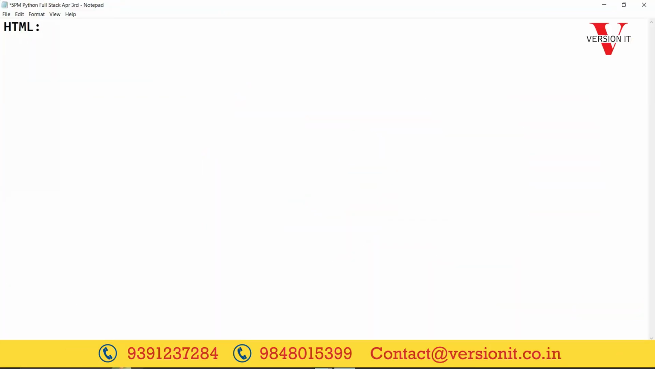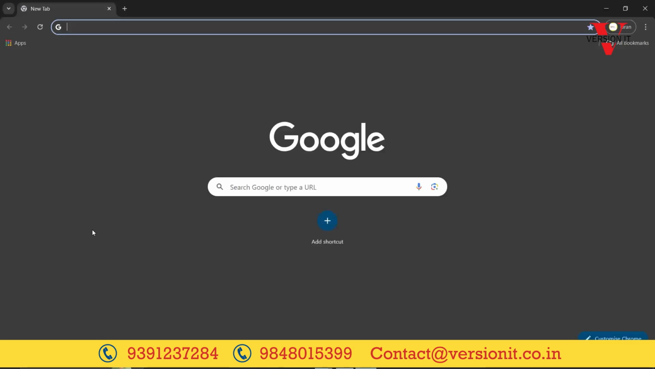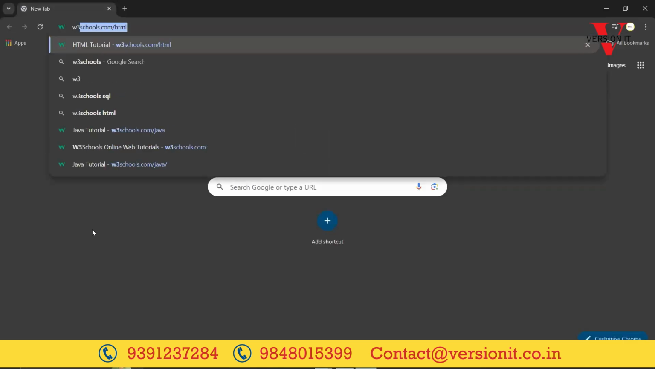So we'll start our discussion with the first tool in web designing, that is HTML. HTML actually stands for Hypertext Markup Language. So what is this hypertext and what is this markup? Now,